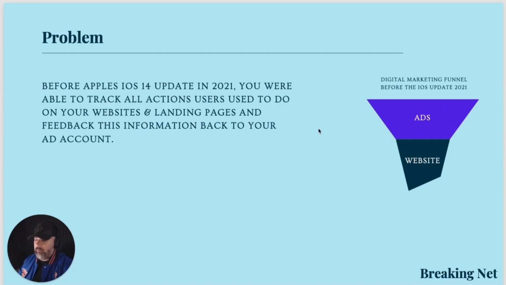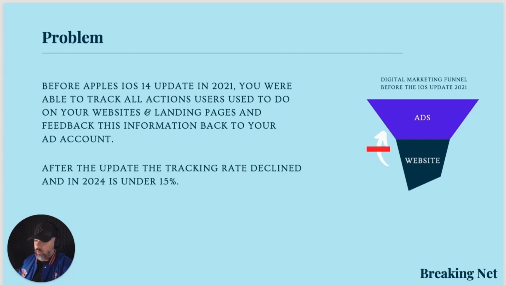And the important part of it was that you had a tracking pixel, and the website would give feedback to the ad account so they can communicate, and therefore the ad would know who was the best customer and could search more of those users and then send them to the website, which then would result in higher conversion and